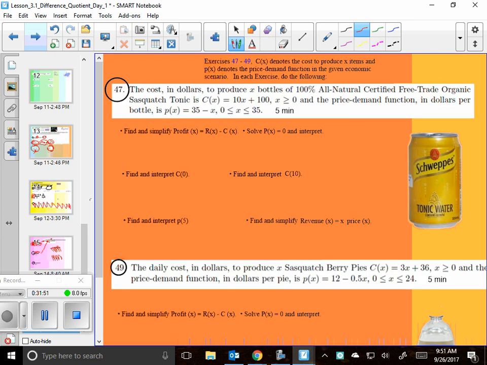All right, and then over here, this is where it adds a whole other level of complexity, which is just that it's a word problem when you're doing the same basic stuff on a word problem. Now, because I need time to give you your tests back, I'm going to stop and not talk you through this, so you may skip these for now. And all it is the same exact stuff. It's just giving you a reason to stick 0 into the function, or a reason to stick 10 into the function, or a reason to figure out P of 5. That's the profit if you sell 5 of the sodas. Okay, so it's some good real-world application stuff, but to save you some time right now,